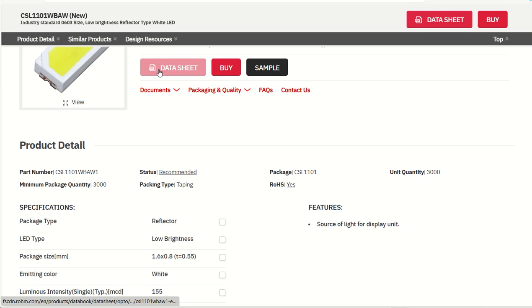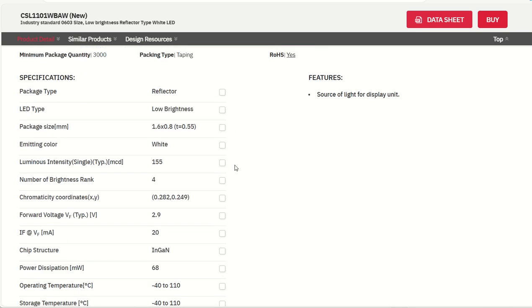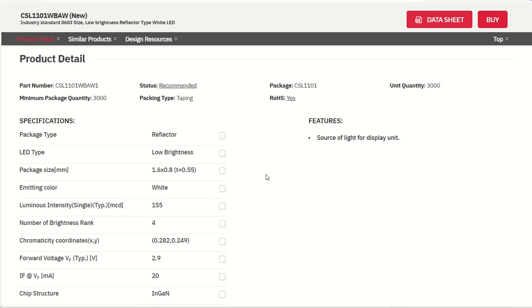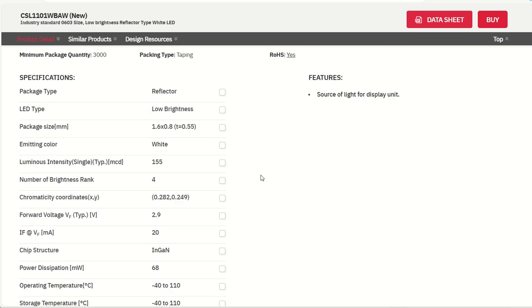So you have the data sheet, you have sample options, you have buy options and everything. It is there in every industry. That is very standard. Okay, now coming back to the specification, so you can see that it is a reflector type package,